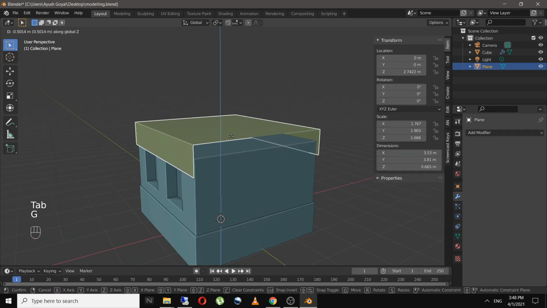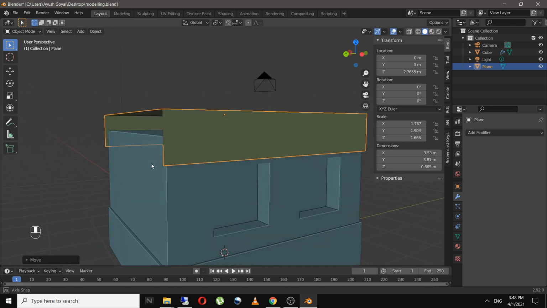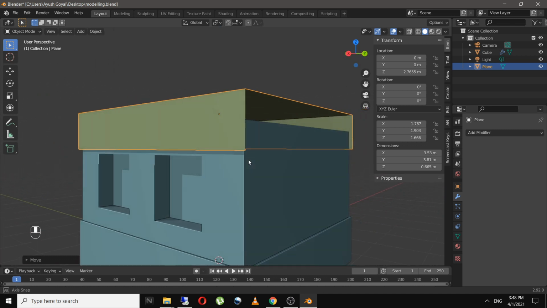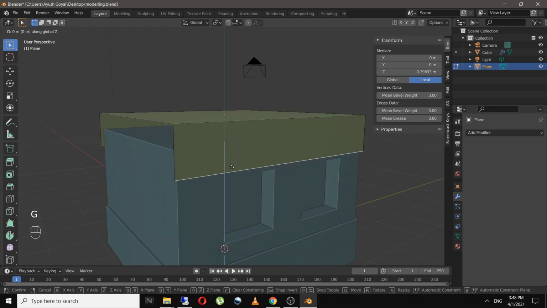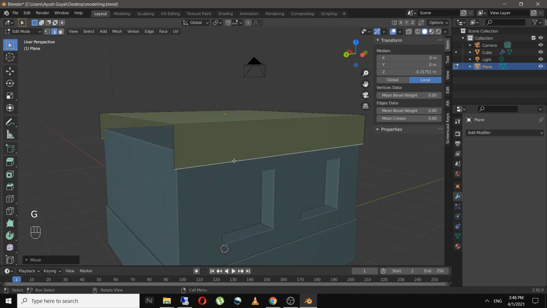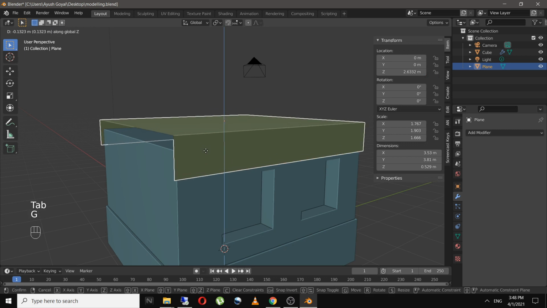And bring it down. I'll select again these two and bring it somewhere over here.